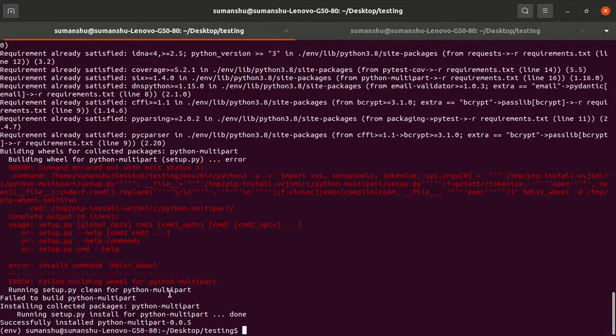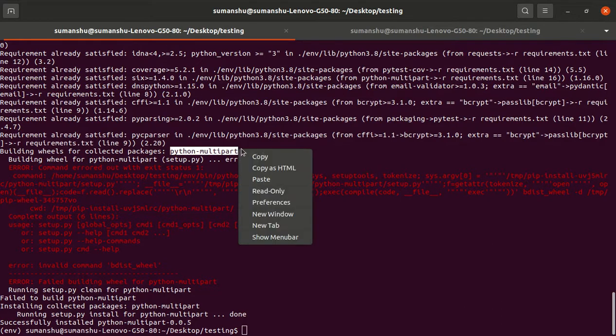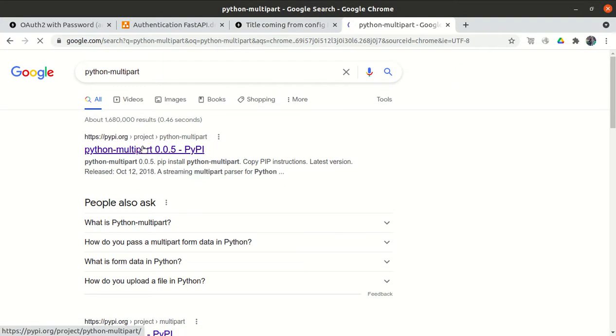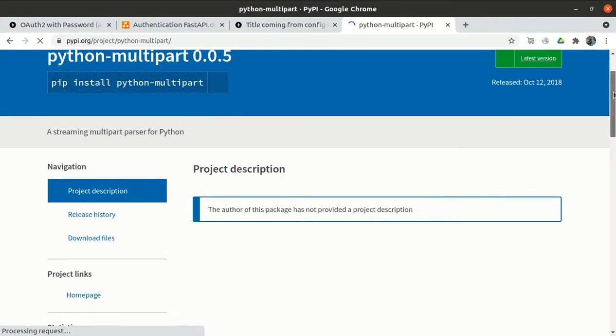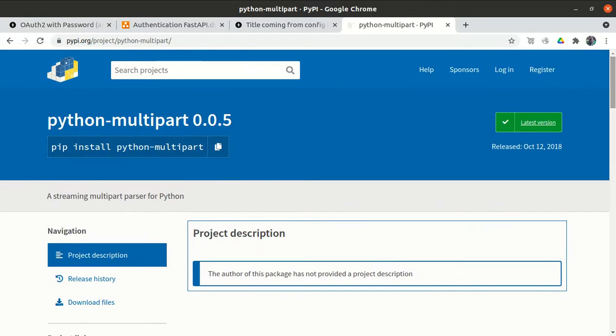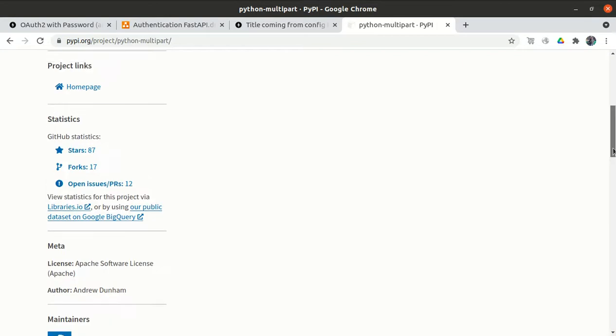So why did it fail while building wheel for the collected package Python multipart? The author of the package has not provided the project description. pip install python-multipart is the only command, so what is the issue?